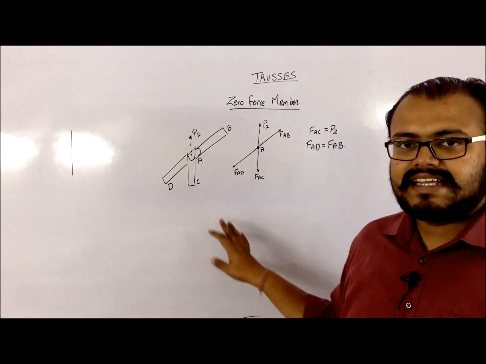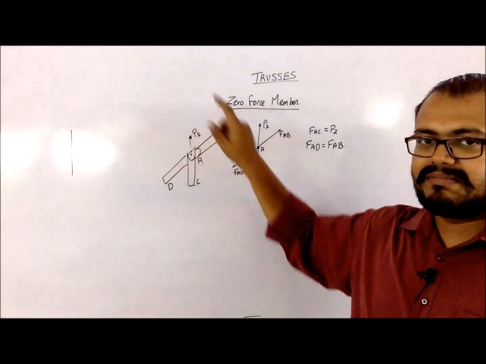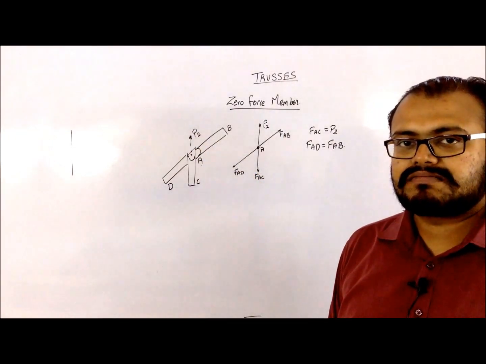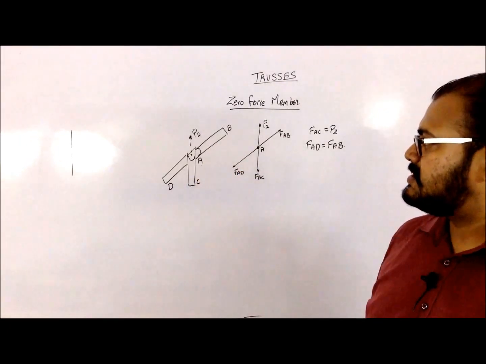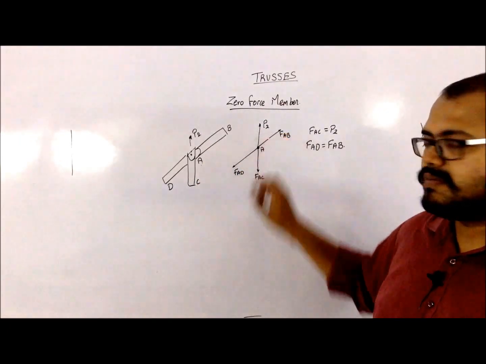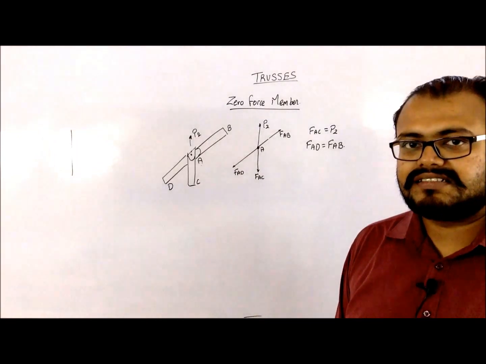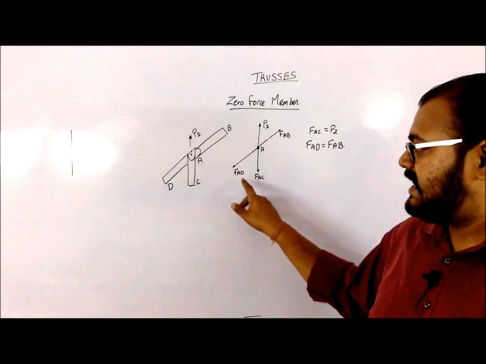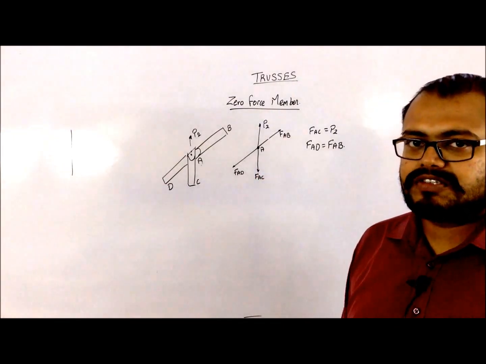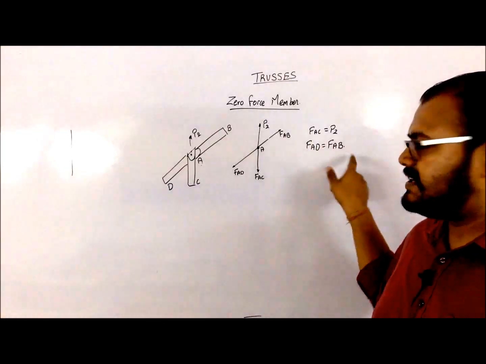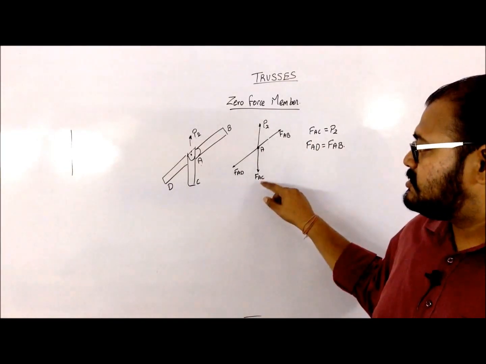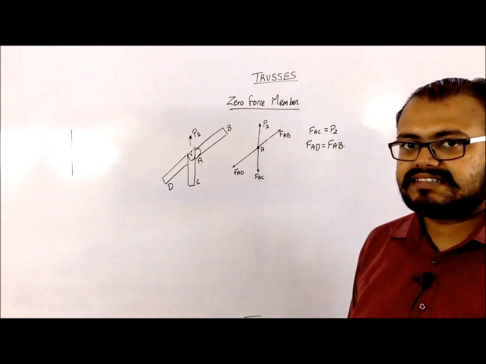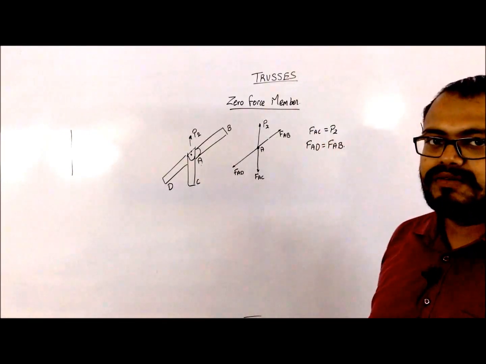Now let me consider the second type, that is I am replacing the member which was present over here with a pin load at the point A. Now I am using the same concept that the force should be equal and opposite to each other if they are in line with each other. Now you can see that FAD and FAB, the forces in my AD and AB are equal and opposite to each other, so they will have an equal relation. And also you can see that the force AC is going to be in linear form with P2. So that is why my force AC should be equated to P2.